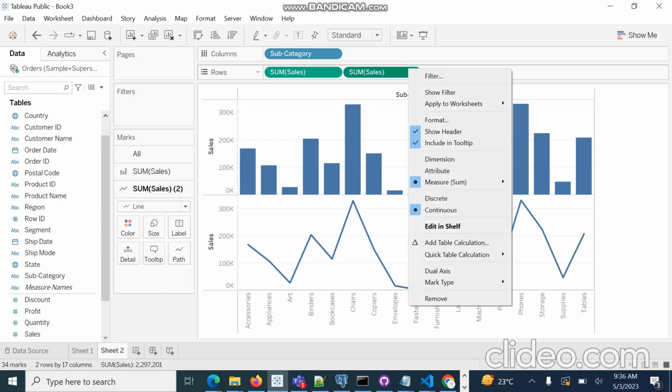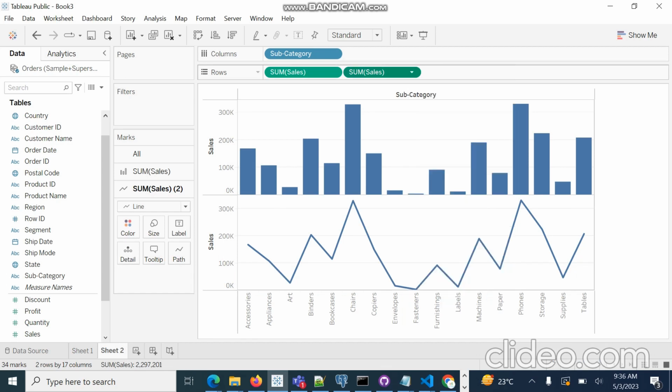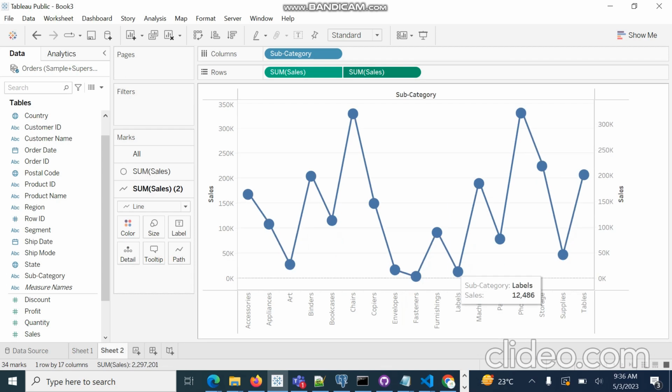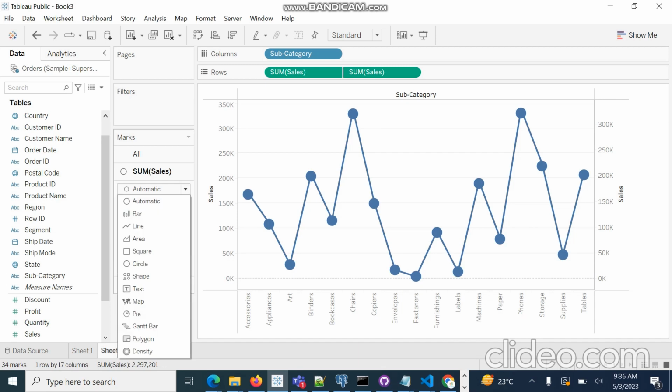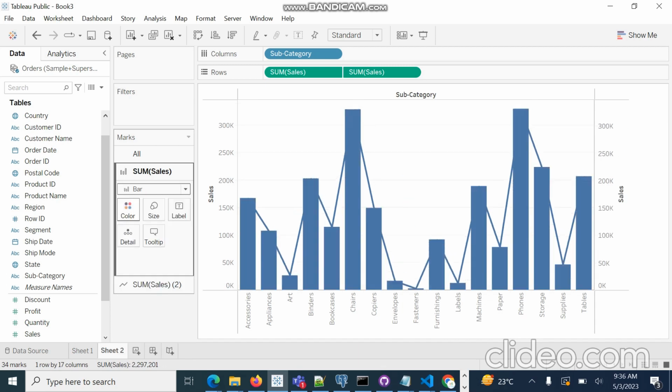Right click here and make it a dual axis. By converting it to a dual axis chart, the first chart is automatically converted to a bubble chart. To convert it to a simple bar chart, we go to the first chart and change it to a bar chart. We can see that this is a dual axis chart combining a bar chart and a line chart.